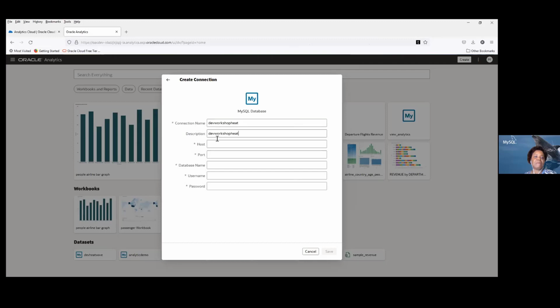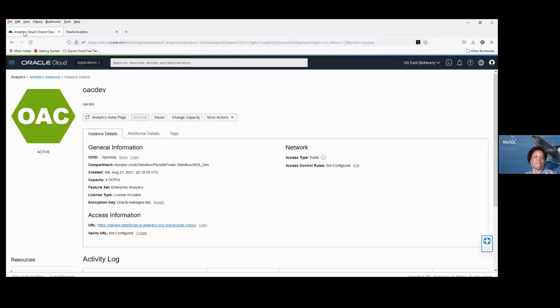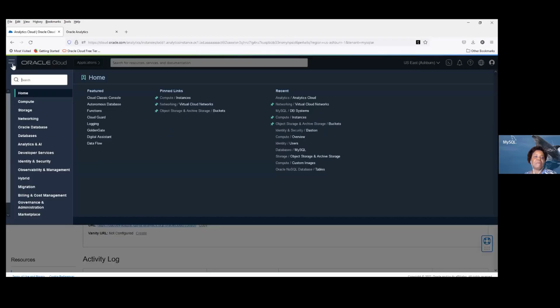And here, we put the description here. The host, don't put your IP address. It will not understand it. Remember when you were working with Priscilla and when you were creating your database, she said to put in your host name. I hope you did that, because if not, you're not going to be able to use Oracle Analytics